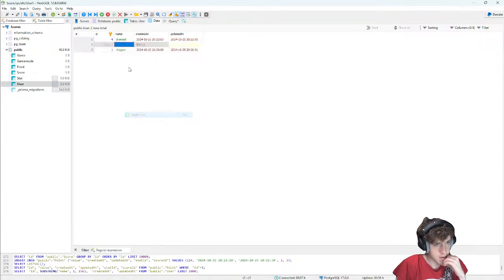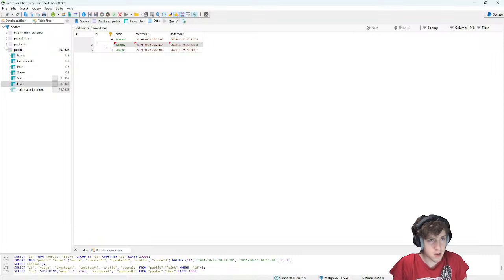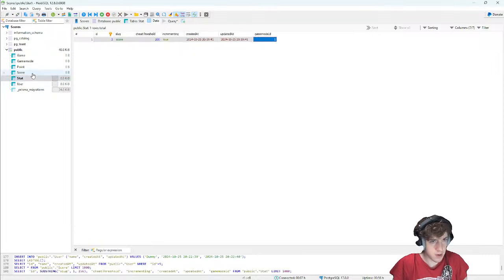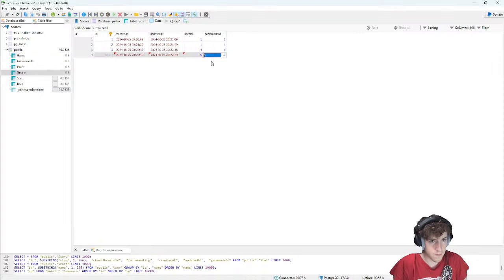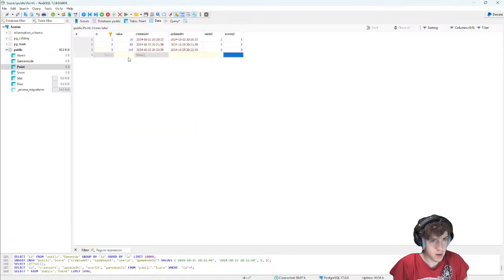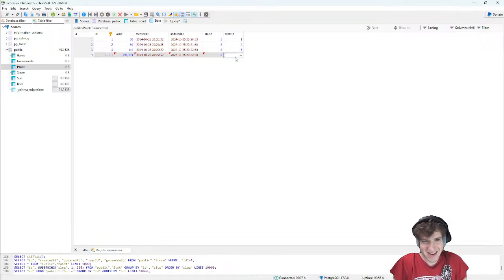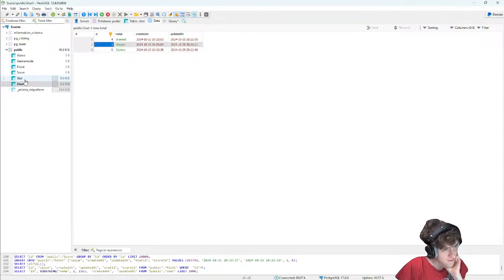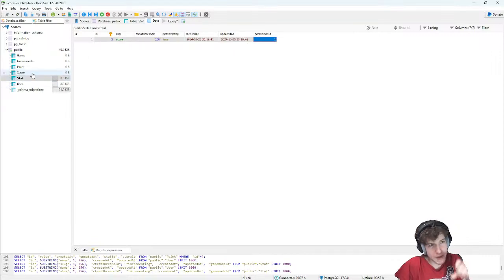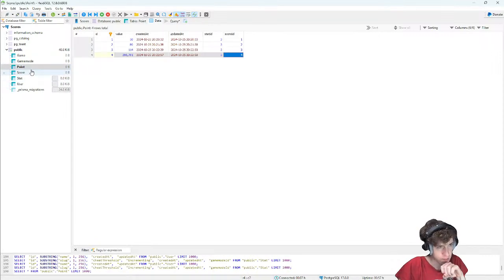And then I'll do a third user. This would be dummy. Dummy is going to have a score. And his score is going to be that. So that's way over the cheat threshold. So theoretically it would be marked as cheating and not show the score in the actual result.